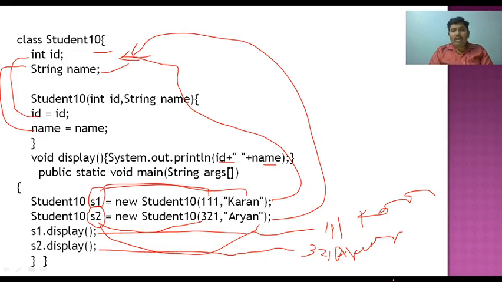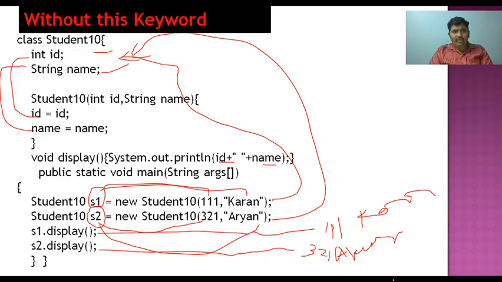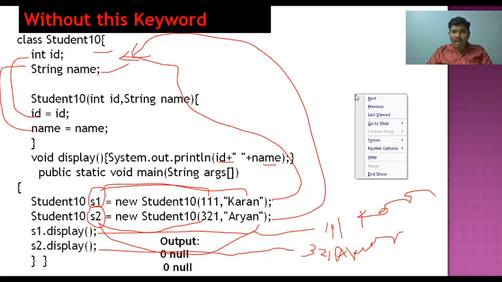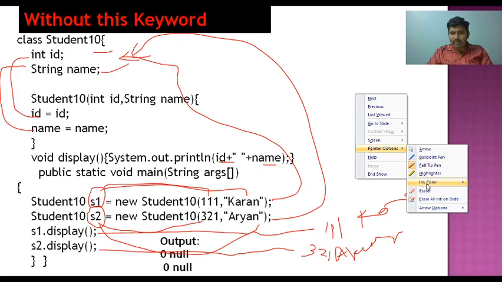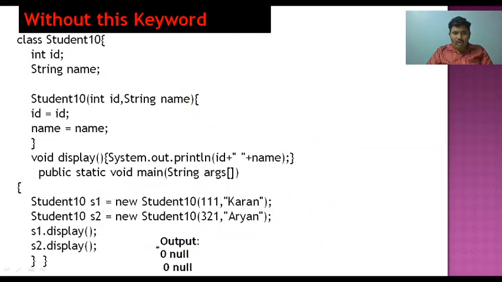But what is the output? Let us see. Without the this keyword, the output we are going to get is 0 null 0 null. Why it is 0 null 0 null is, here we will face a problem called